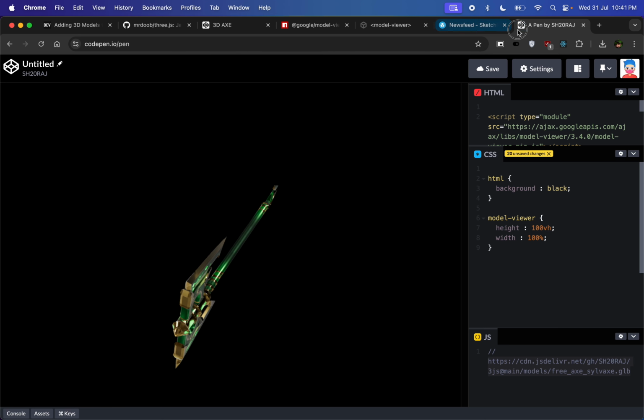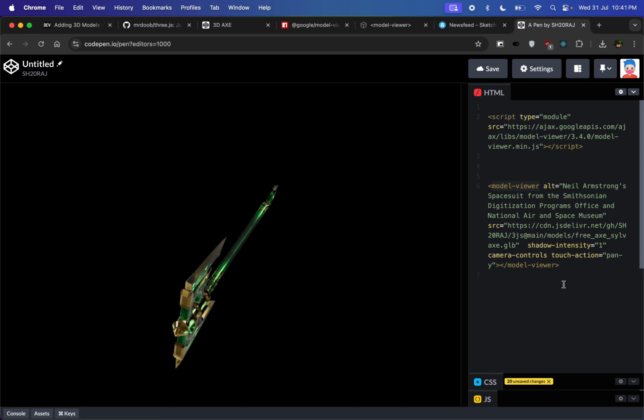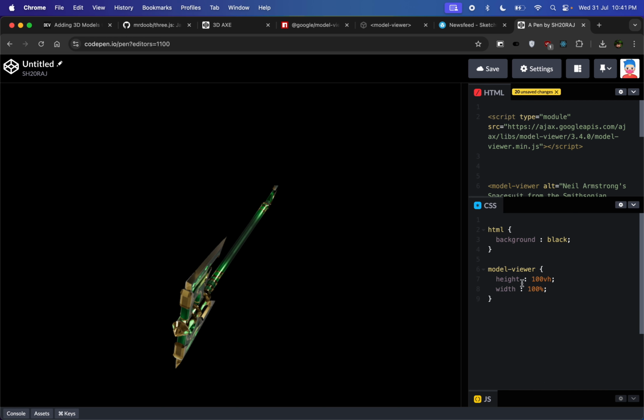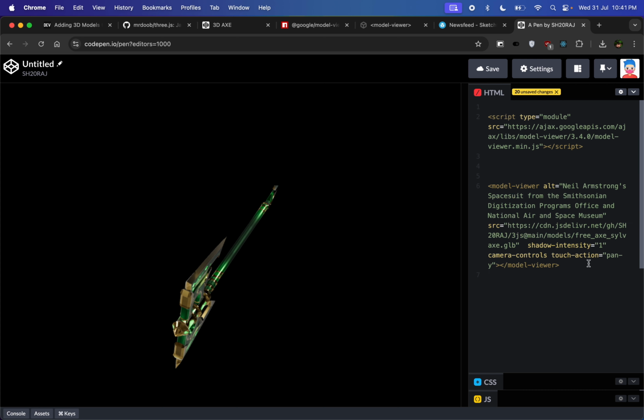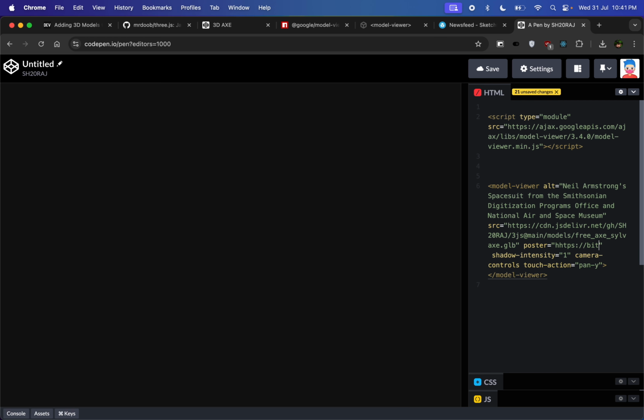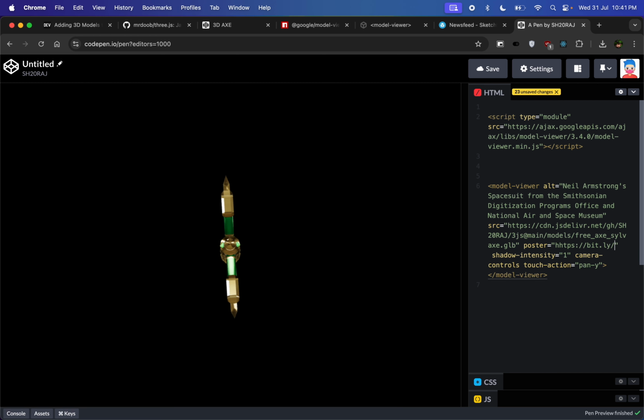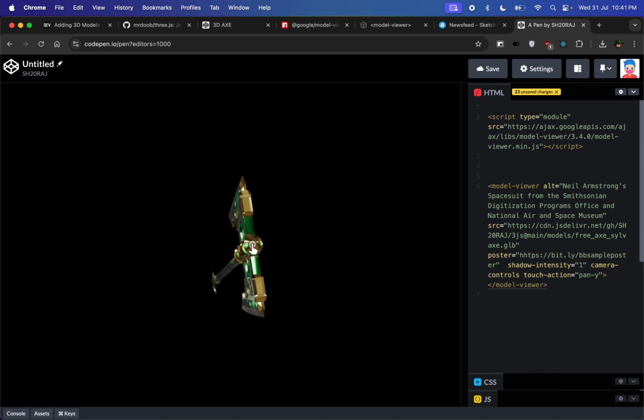You can just use the same process that I have shown you, the model viewer etc., and we can also use whatever CSS here, and we can also add a poster attribute here, and let's say https. I have a sample poster, I remembered the URL because I have created it using bit.ly shortening, bb sample poster. Okay, bb sample poster, some typo,